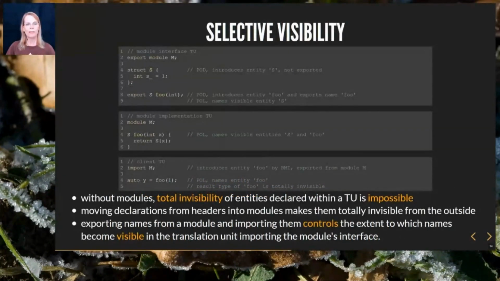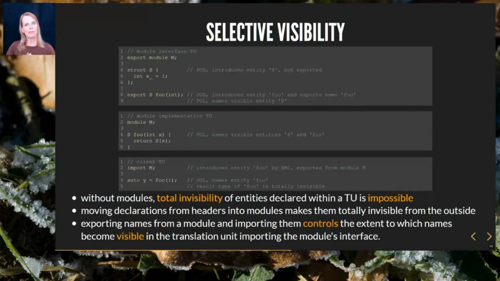So far, TUs erect barriers between them that make names declared in different translation units totally invisible. Modules extend visibility across translation unit boundaries by passing names declared in the module interface translation unit through the BMI into other translation units that import the BMI, similar to wormholes in the universe.